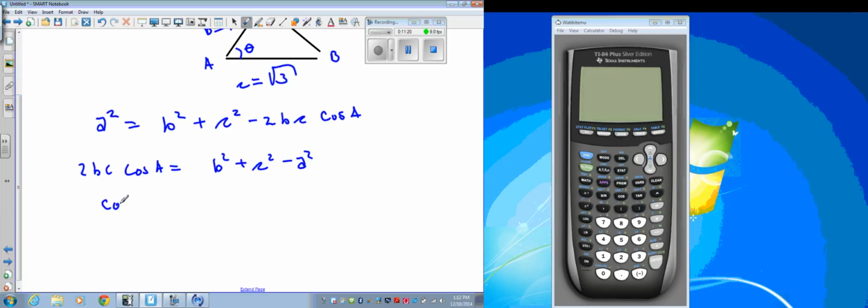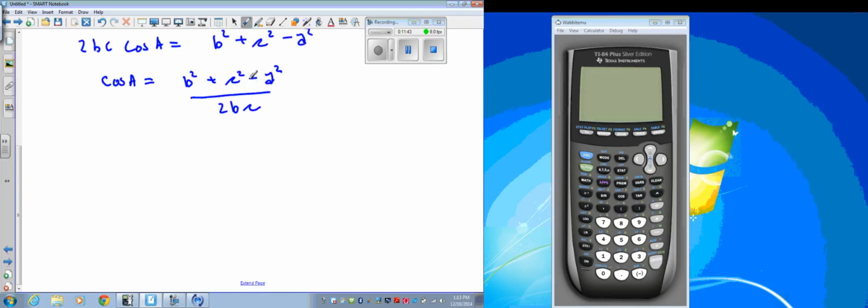So then I have cosine A is B squared plus C squared minus A squared over 2BC. And I'll calculate this, make sure that it comes out to be a positive